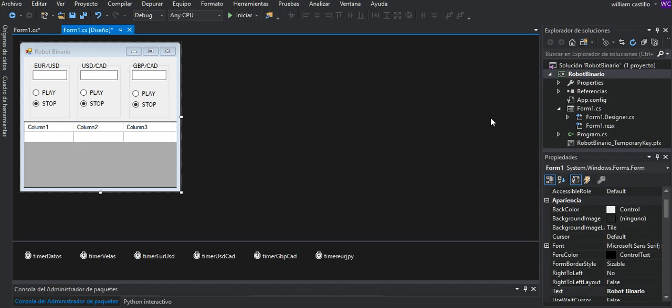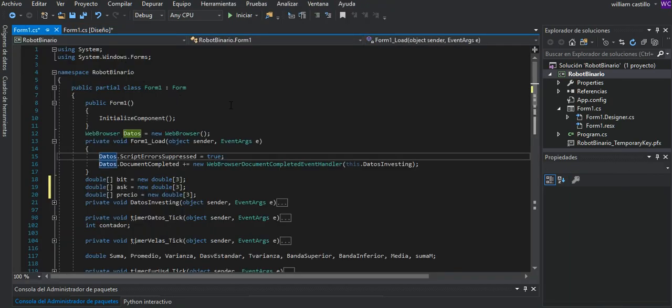We double-click somewhere on the form. To save time I will show you the code already written. Before the Form1_Load block we declare WebBrowser data = new WebBrowser();. Already inside Form1_Load we place data.ScriptErrorsSuppressed = true;. Then data.DocumentCompleted += new WebBrowserDocumentCompletedEventHandler(this.data_investing);